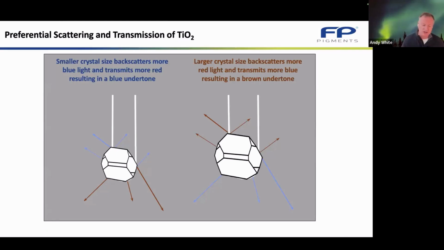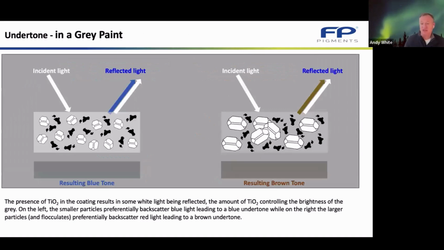And you tend to find that chloride processed pigments give slightly better quality undertone. Sulfate processed pigments are perhaps a little bit more variable. But in general, good suppliers will control this property. But if you're making a color mixing system, it's really, really important that you have a pigment that's going to have reliable undertone. Because if you have, again, looking at this simple schematic, different size TiO2 particles from one batch to the other,